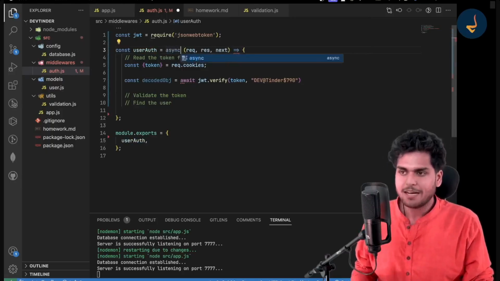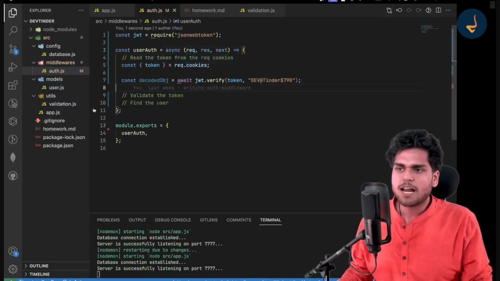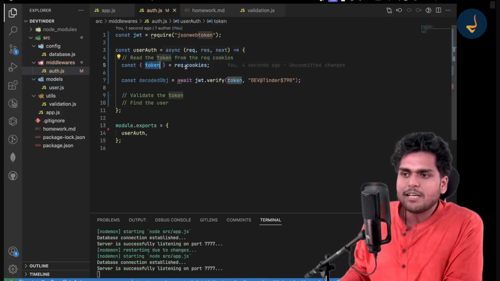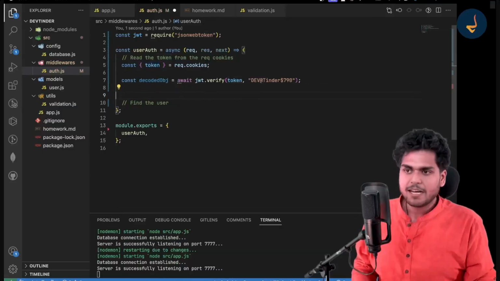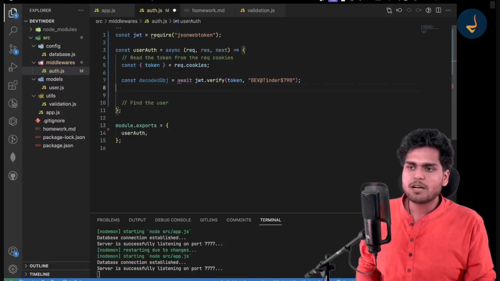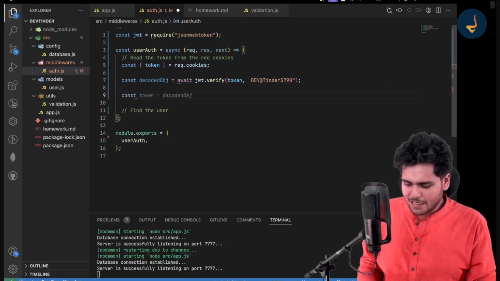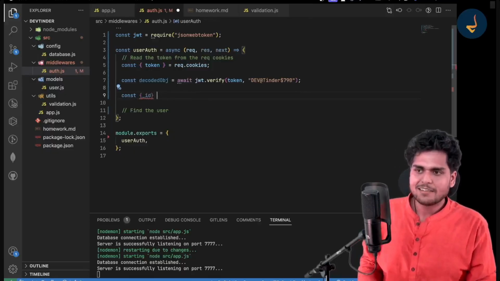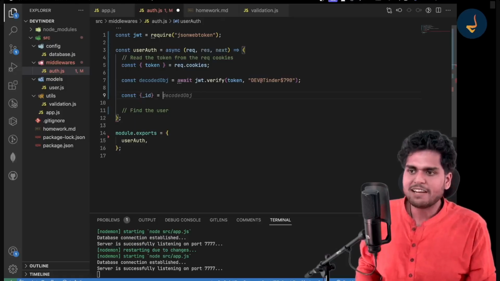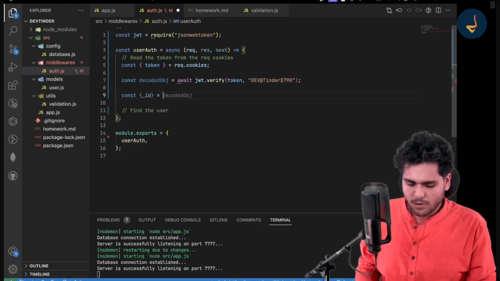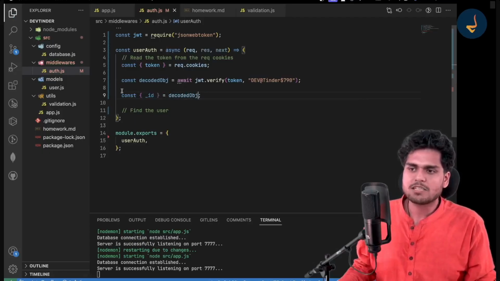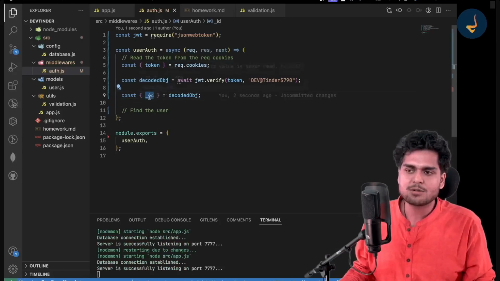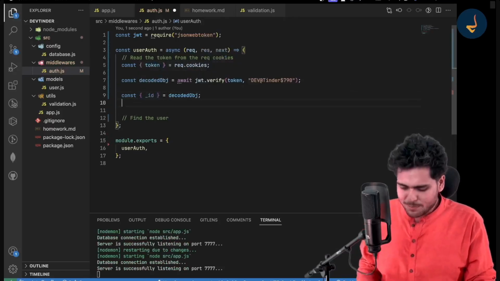Async. Cool. So now read the token, verify the token, validate the token. And if I have got my decoded message, I will get my ID, underscore ID. So I will get my underscore ID from my decoded object. No, just the object. I will get my underscore ID. If my ID is present,